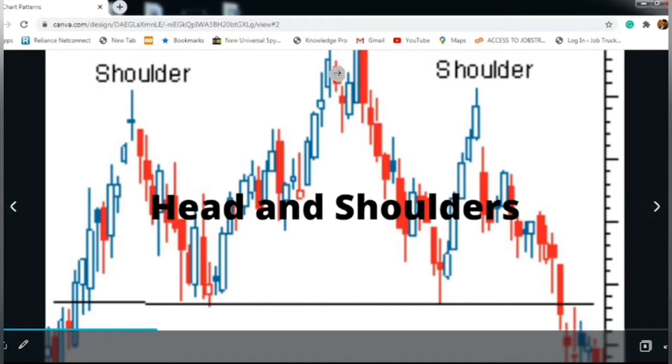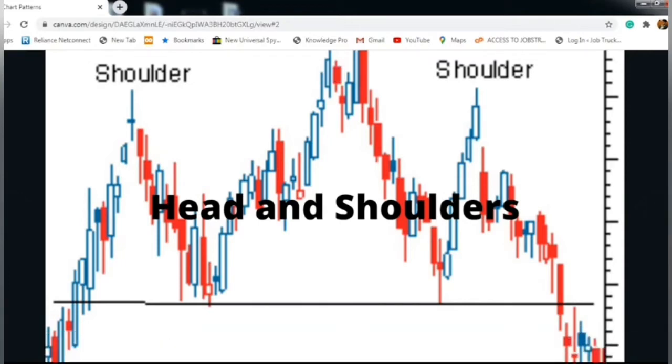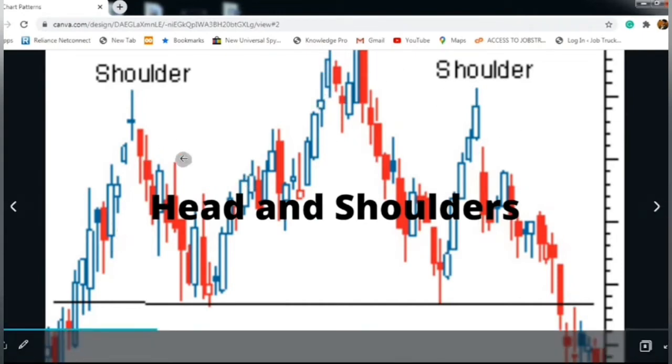So if head and shoulders is developed in a chart, that is, a stock price goes to a high value, then it comes to low, again to a high value, then it comes to low, what we understand from this is that the stock price will fall again. Even after trying to break the resistance, we couldn't do it, so the stock price will eventually fall. That is, it was tested two times whether the resistance can be broken but couldn't. One time the resistance broke but couldn't maintain the momentum. So what happens? Price will obviously go down.